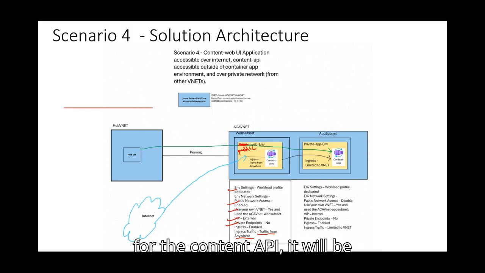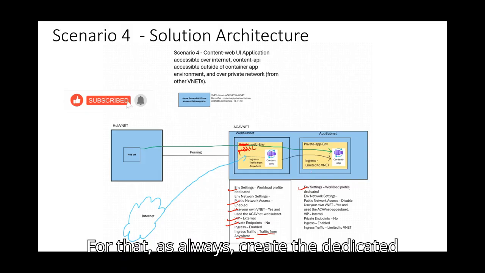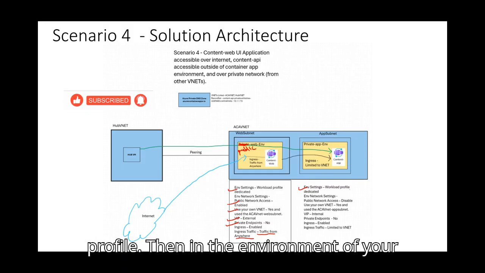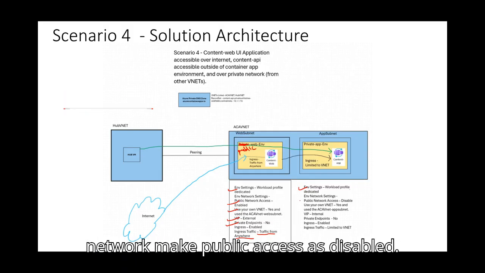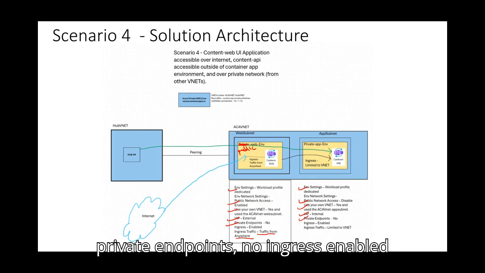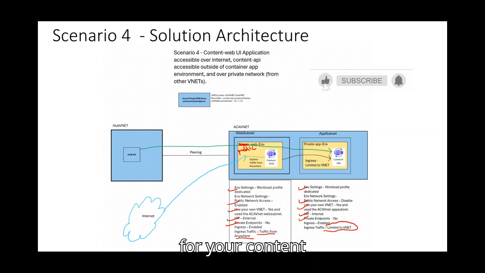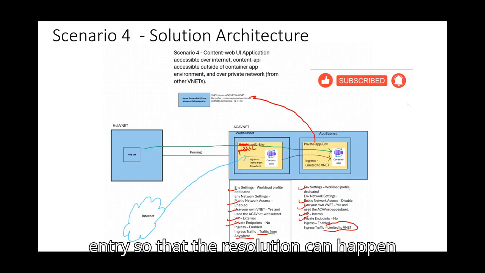For the content API, it will be accessible only on the peered VNets. For that, as always, create the dedicated profile. Then, in the network of your environment, make public access disabled. Use your own VNet. VIP as internal. Private endpoints no. Ingress enabled with limited to VNet. And for your content API, you will have to make a DNS entry so that